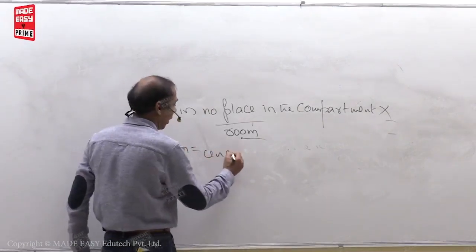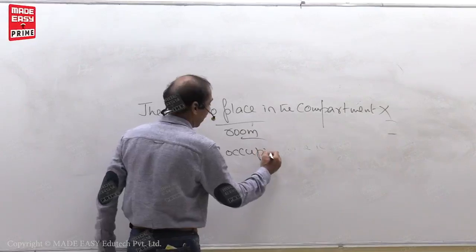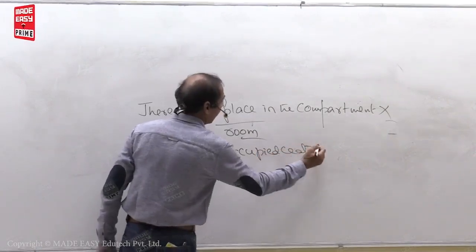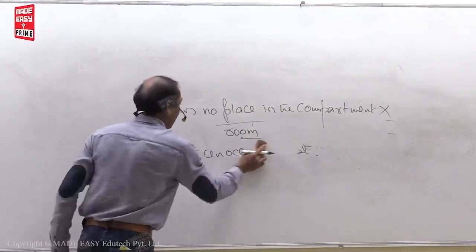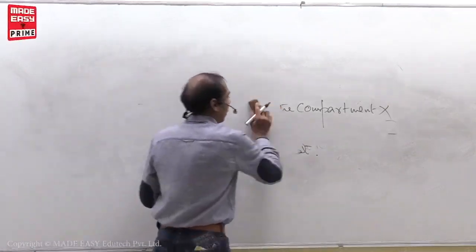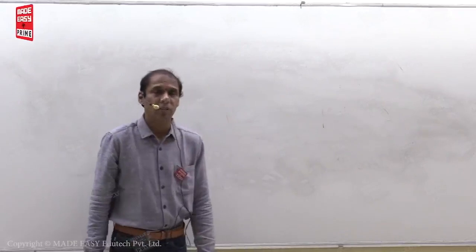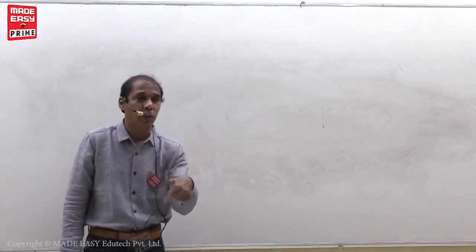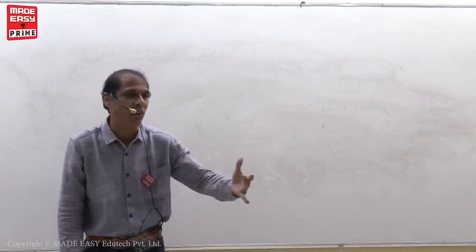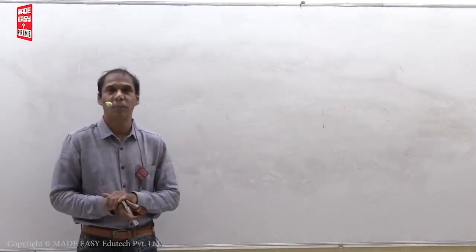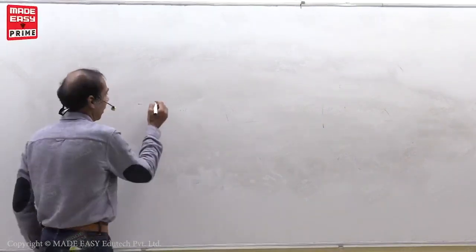Room means unoccupied seat. So many are getting confused like this. There is no room in this room. Correct. It means there is no unoccupied seat in this room. Okay, my students. Next,